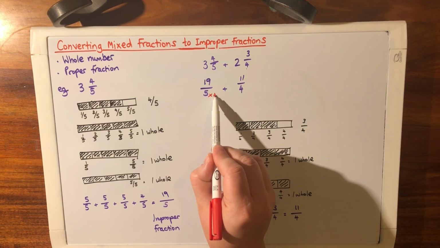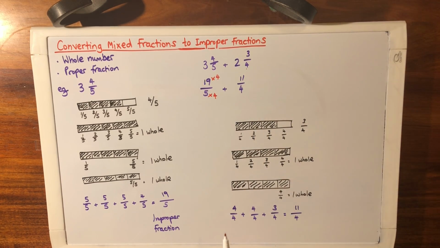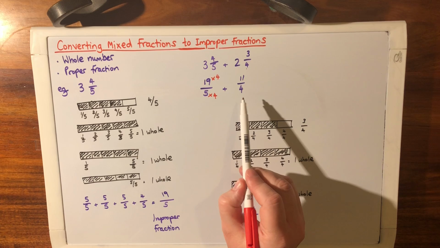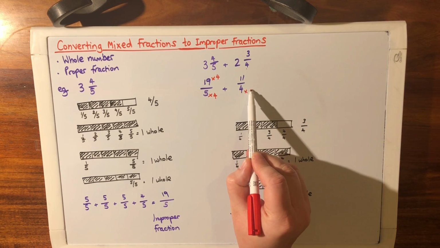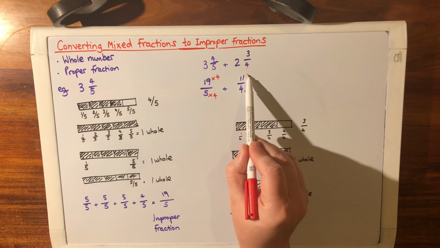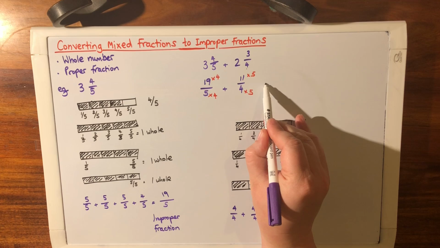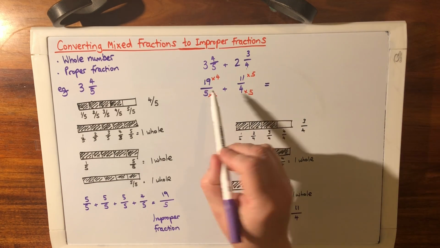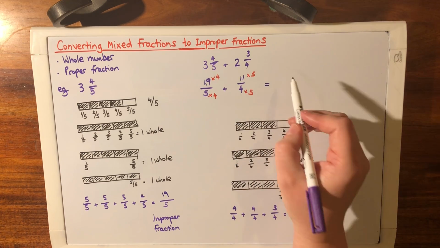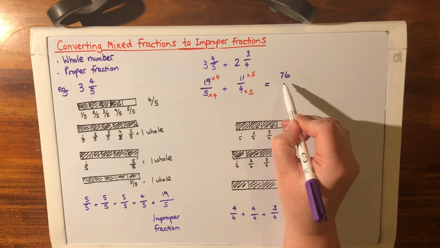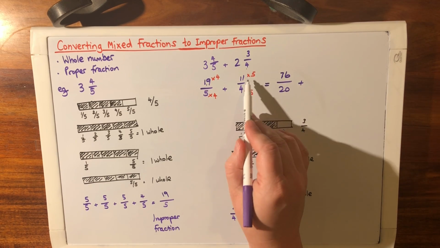So how would I make 5 a 20? I'll need to multiply it by 4. Whatever I do to the bottom denominator, I need to do to the top. How would I make the 4 a 20? I need to multiply that by 5 and to the top as well. Now my addition looks like this. 19 times 4, what's that? 76 over 20 plus 11 times 5,